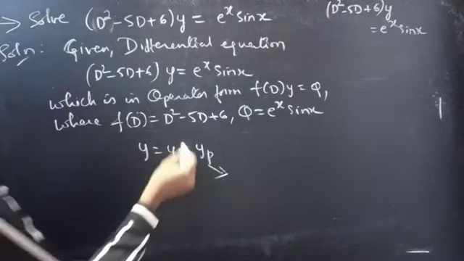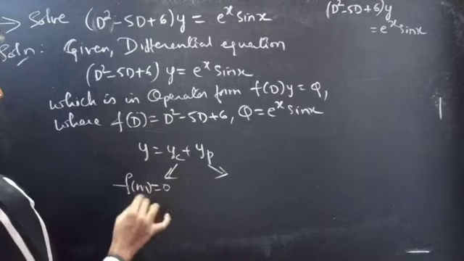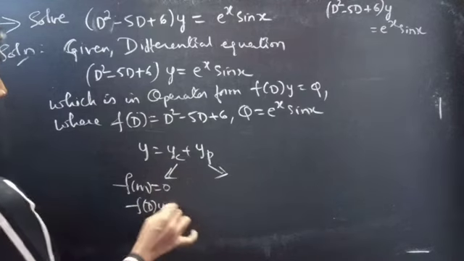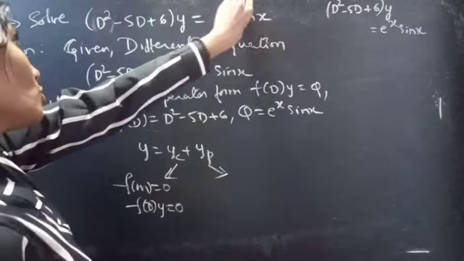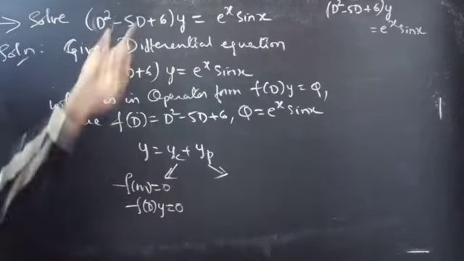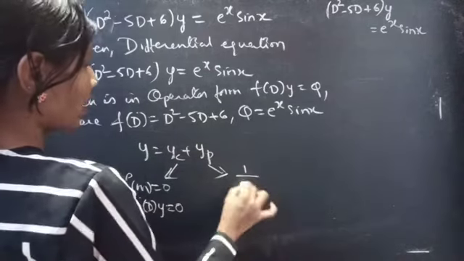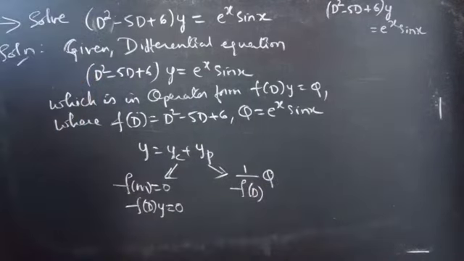We'll find the complementary function using the roots of the auxiliary equation of the homogeneous equation of the given non-homogeneous equation. Simply by putting the RHS to 0, we'll get F(D)y = 0, which is the homogeneous equation of the given non-homogeneous equation. And we'll find yp using 1/F(D) Q. So let's begin with